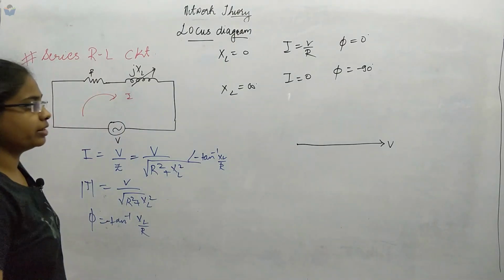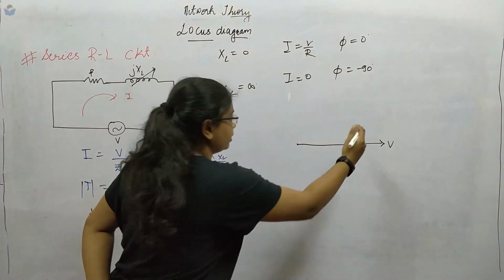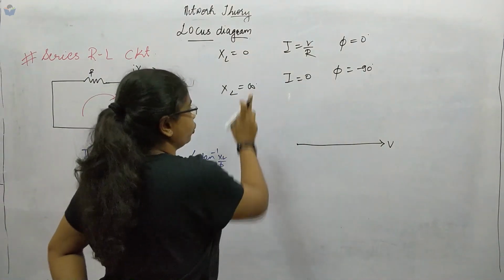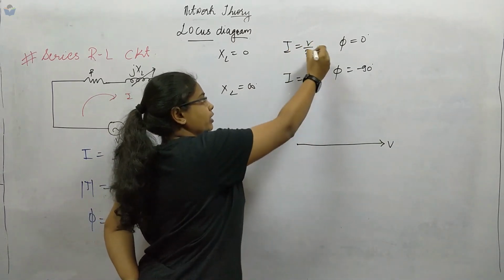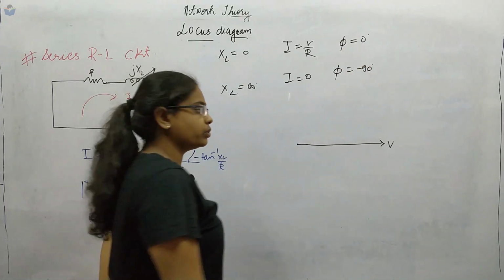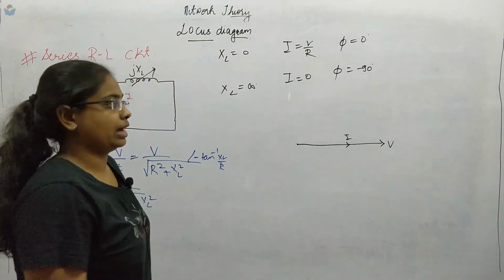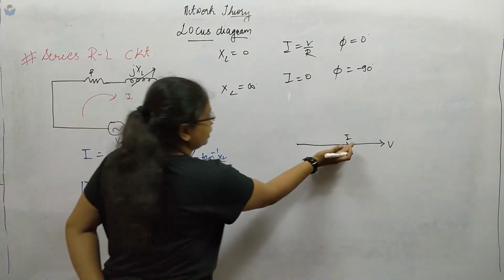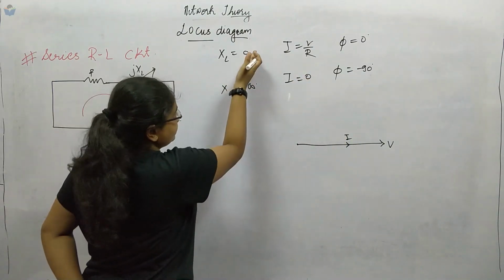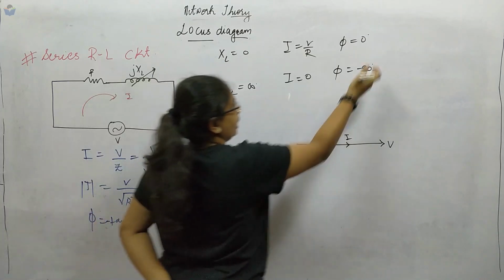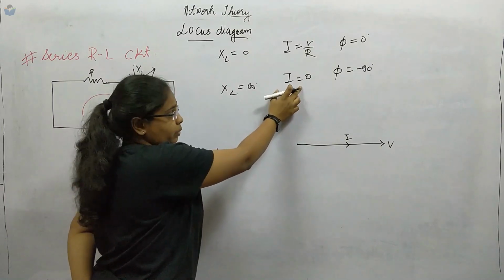Now put the reference over here as V. When you put the reference as V, how do you vary this one, from 0 to infinite? What we know is I is equal to V by R. Since it is pure resistive, the angle is also equal to 0 degrees. So somewhere here we will get the value of I. From here we have to start varying the value of XL. It is increasing from 0 to infinity, and this angle is also increasing, but till where? We have to get I equal to 0.